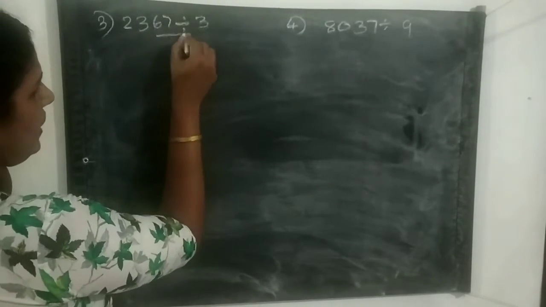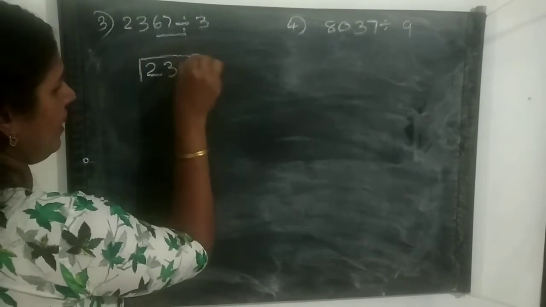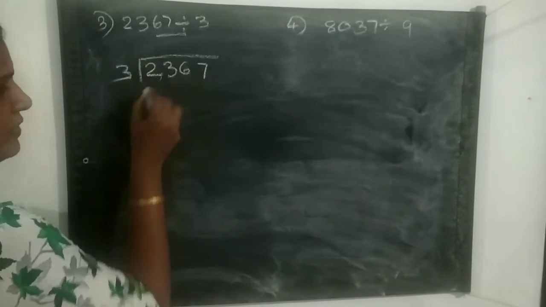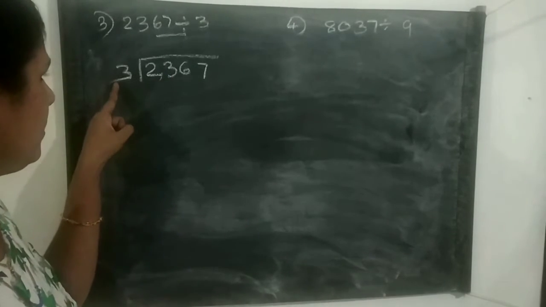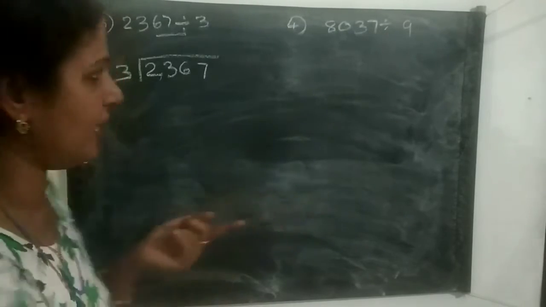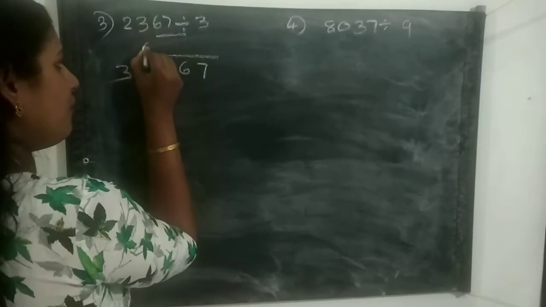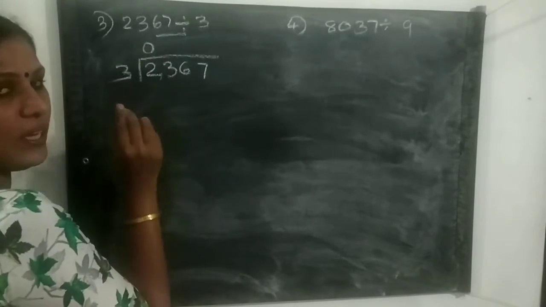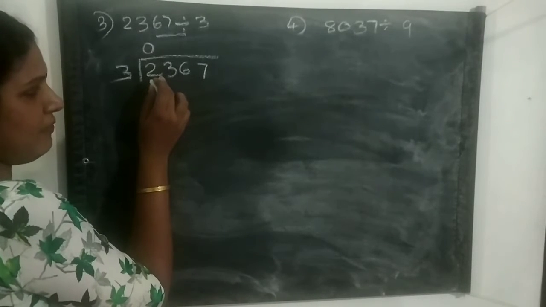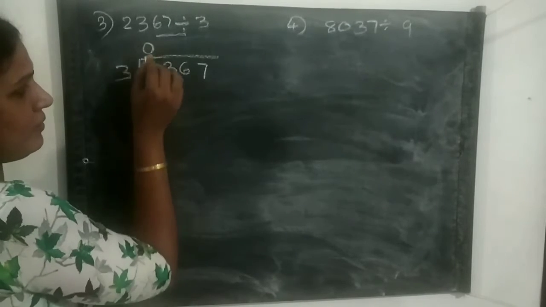2367 divided by 3. So here we write as 2367 divided by 3. So children, first we select this 2. How many times does 3 go into this 2? That is only 1 3s are 3. Here we get 3. We can't subtract. So only 0 times it goes. That is we write 0. 3 into 0 is 0. We put 0 here. First number we select 2, but we can't subtract this 3 from this 2.